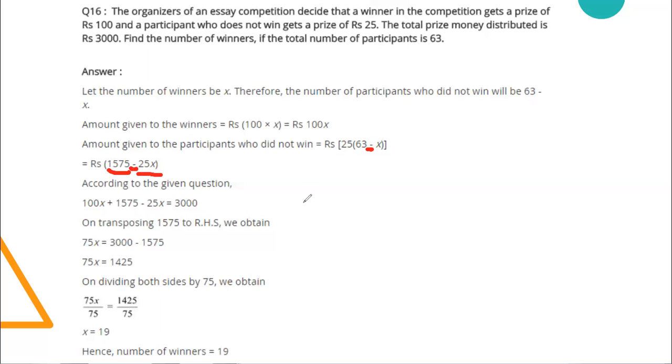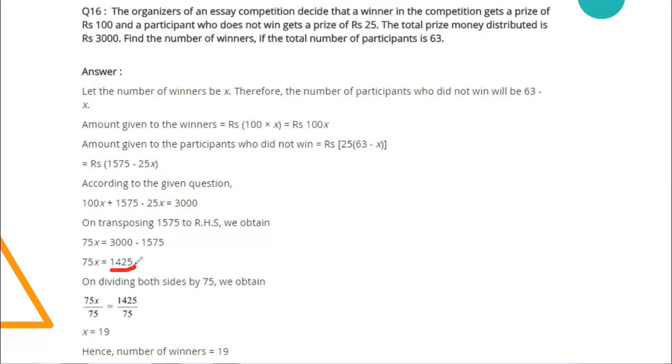Now, let's go ahead. Now, you can know that the total amount which is given in the question is 3000, right? So 100x plus 1575 minus 25x equals 3000, isn't it? Now that's quite simple to solve. We'll just be transposing 1575 to the RHS, which converts to minus, right? Now 3000 minus 1575 is nothing but